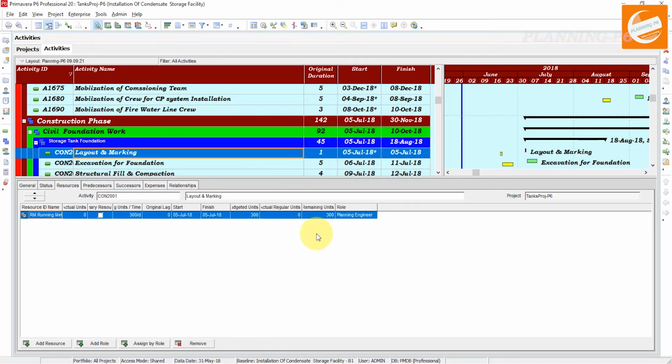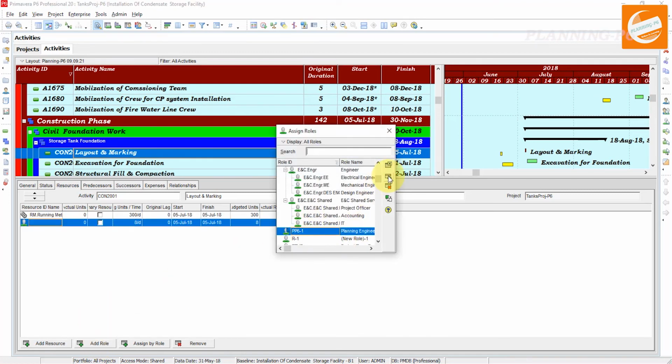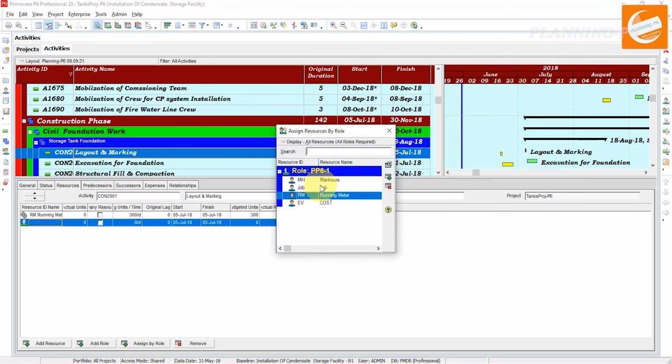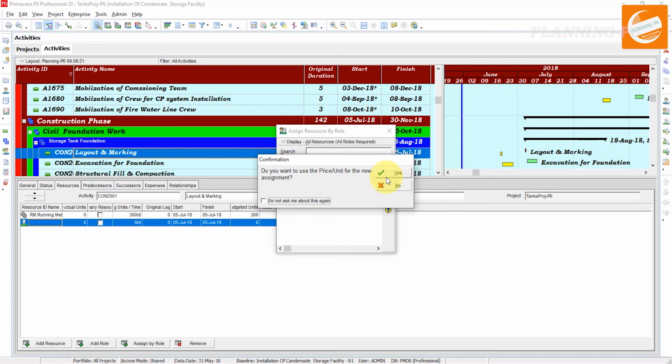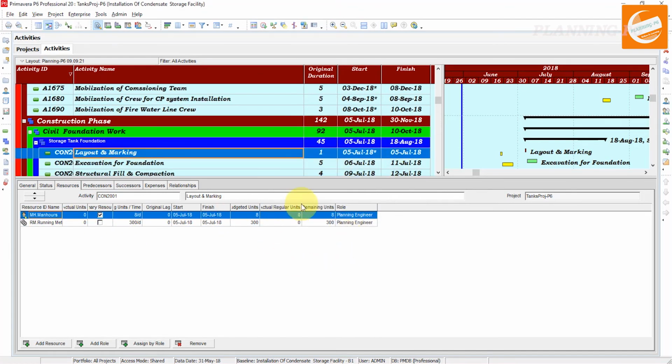Add role, this one. Okay, the second role, and then I will add the resources by the role, the second resource, man hours. Okay, yes, you can add from here. This is the way we use the role option, and how we can customize role codes and everything.